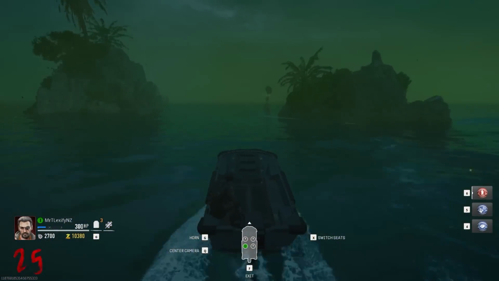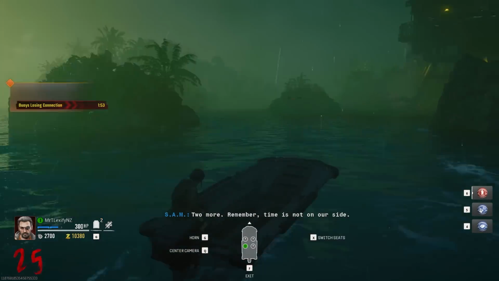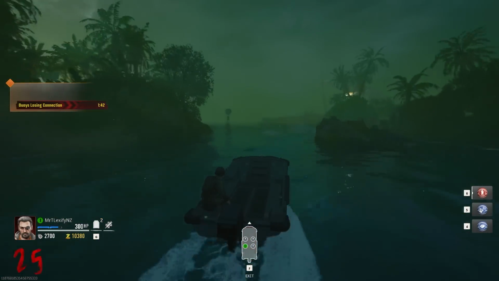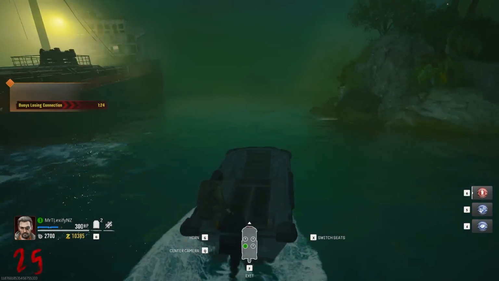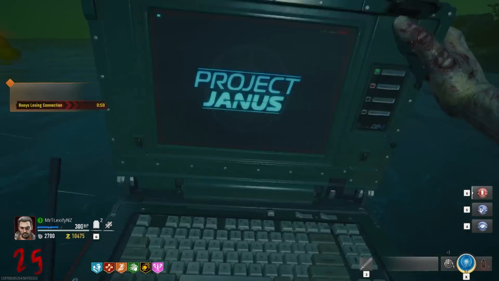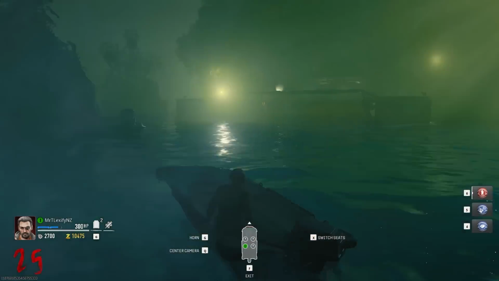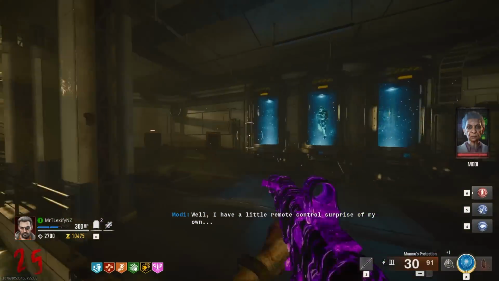Once you're ready and you have a lot of good stuff, like a really strong weapon, go to this buoy and then activate it with your little portal. Then the second buoy will also be there, and also make sure you grab the hacking device as well back from Peck before you do this. And then the last buoy should be there. Hack all of the buoys